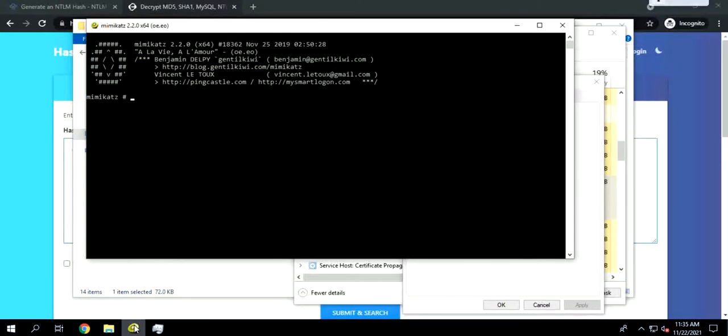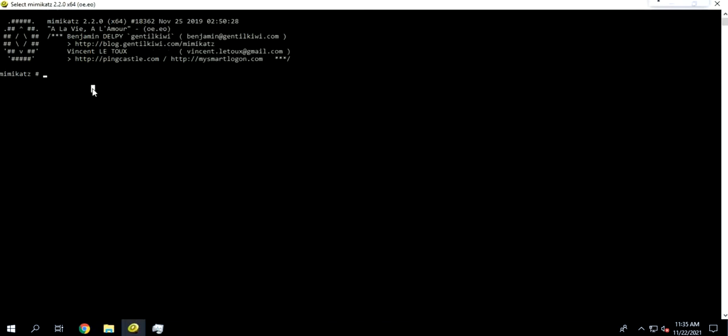In this case, we will be using Mimikatz, which has the capability to extract password hashes from memory. We open Mimikatz, and to check whether it has the permissions to talk to the Local Security Authority Subsystem Service and get the password hashes, we have to type privilege::debug.